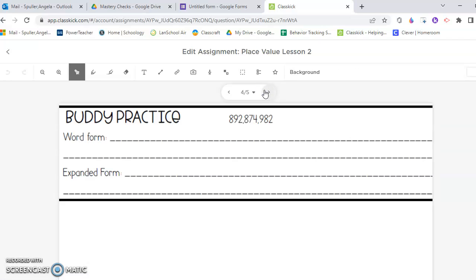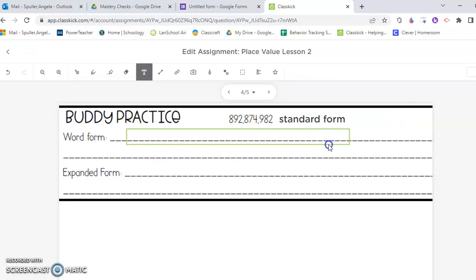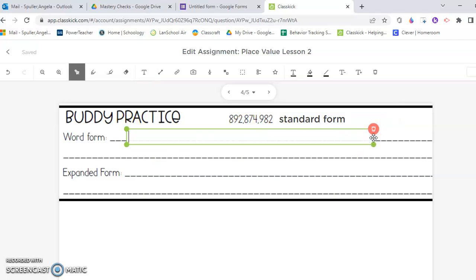All right, so let's look at this one. This one we're going to do together. So first and foremost, let's again label this number up here in what form? It's standard form. So write that beside it. Then let's read this word. And as we read it, we're going to write it out. So 800